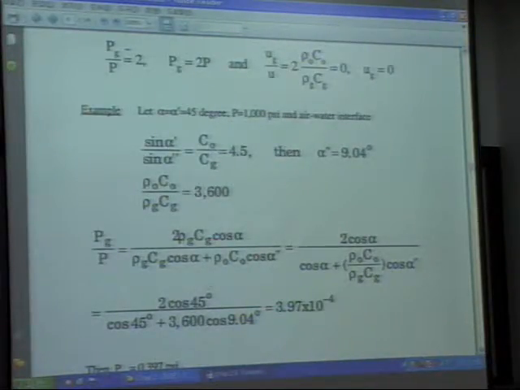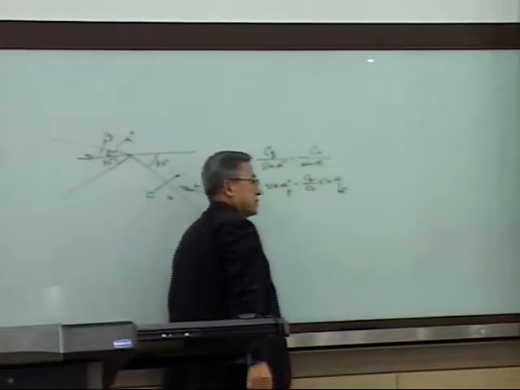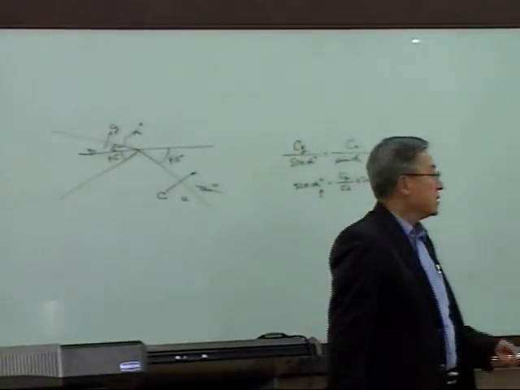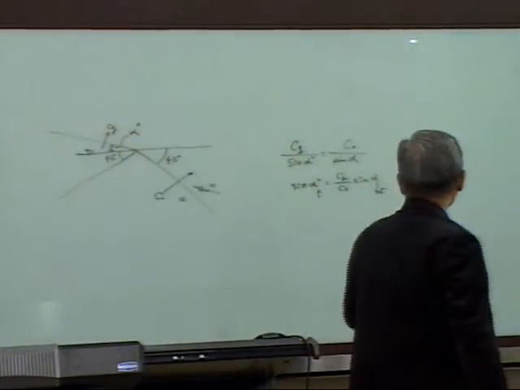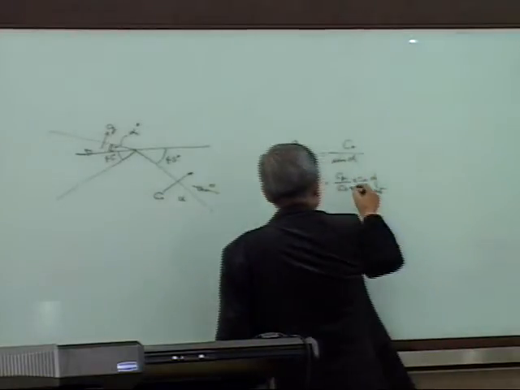Alpha is 45 degrees. So what are you looking for? Alpha double prime. So sine alpha double prime is equal to C naught over CG times sine 45 degrees. Then you can determine alpha double prime. C naught over CG